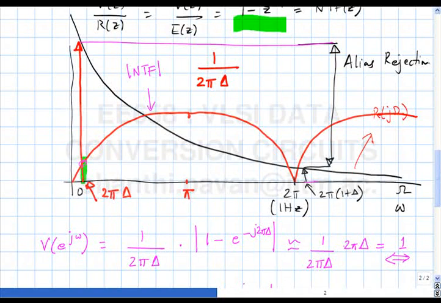Even though there is aliasing, the sampling is happening after the loop filter, which basically means that the loop filter cannot respond as quickly or with as large a strength to alias frequencies as it can to frequencies within the band, which means that the alias response of the continuous time delta sigma modulator is